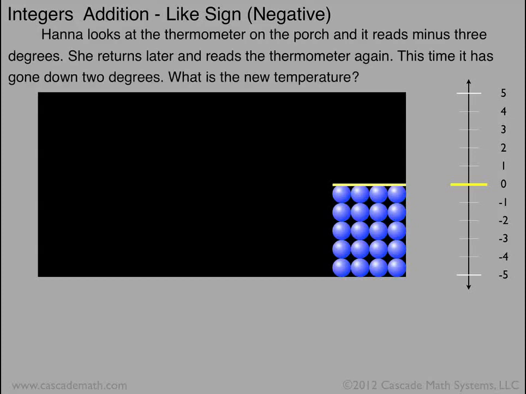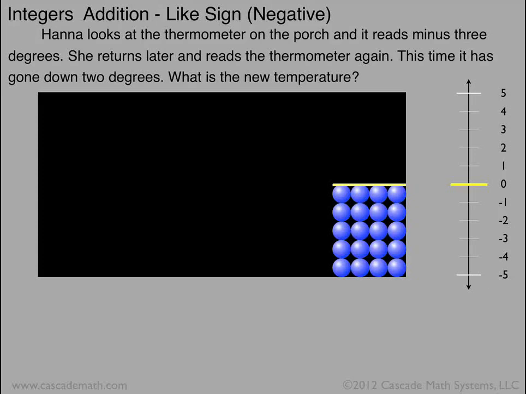Hannah looks at the thermometer on the porch and it reads -3 degrees. She returns later and reads the thermometer again. This time it has gone down 2 degrees. What's the new temperature? Since the original temperature was -3 degrees, I represent this as a -3 by using 3